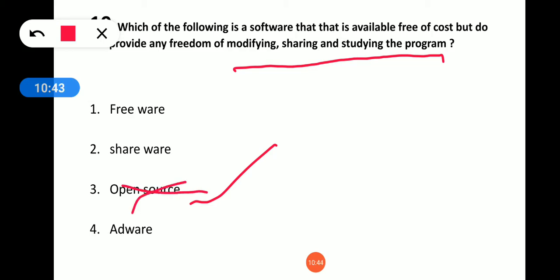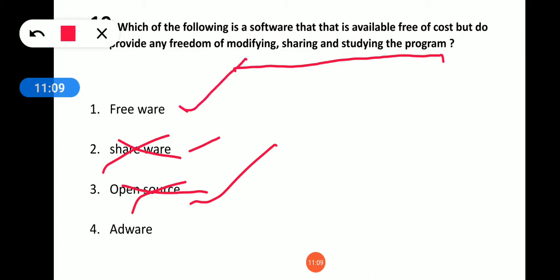Shareware is used for sharing between a limited number of people. Open source means unlimited sharing, while shareware is limited to some particular members only, so it is not modifiable.